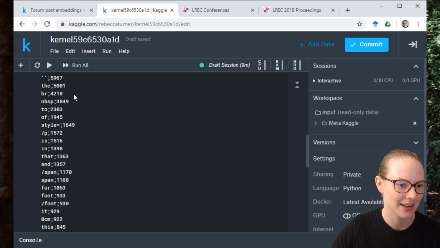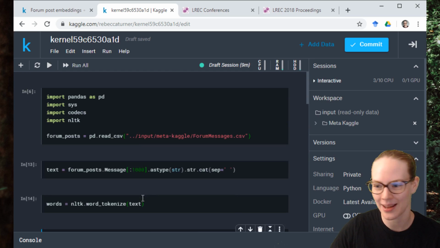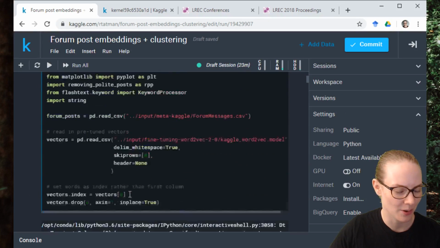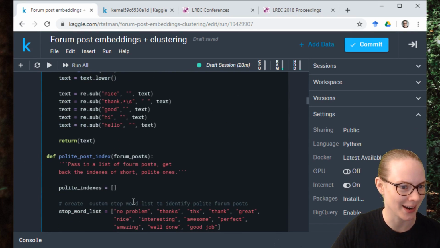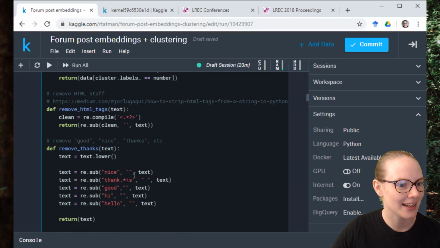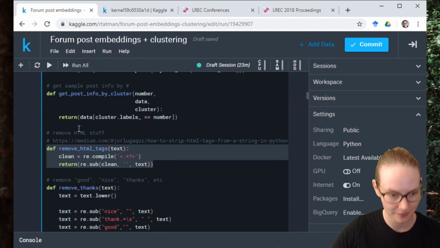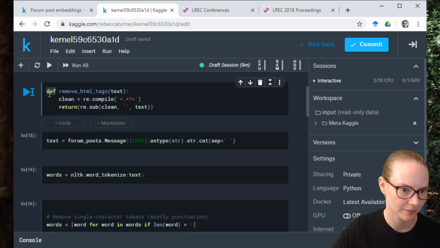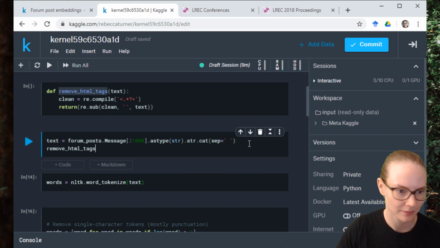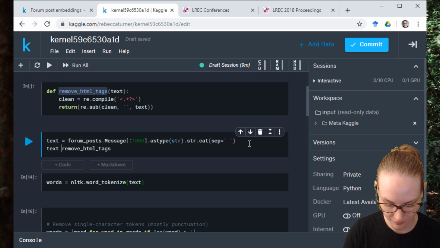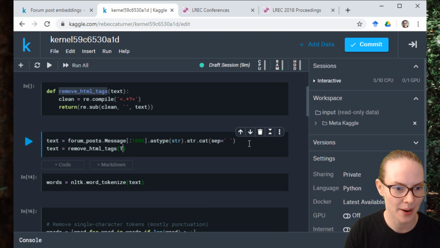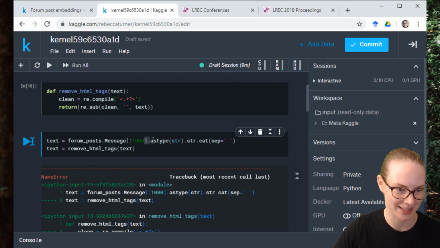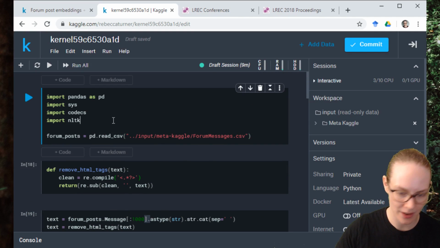Oh, all right, we got to remove our HTML stuff. So let's do that first. We've been on this hobby horse before, huh? There you go. I know that there is a way to pipe in Python, and I can never remember what it is, so we're just going to not use it. Step 1, run the function. Step 2, try to use the function. Name re is not defined. All right, import re.